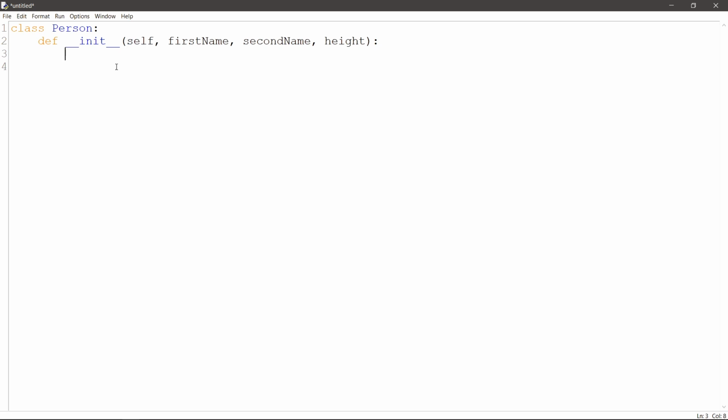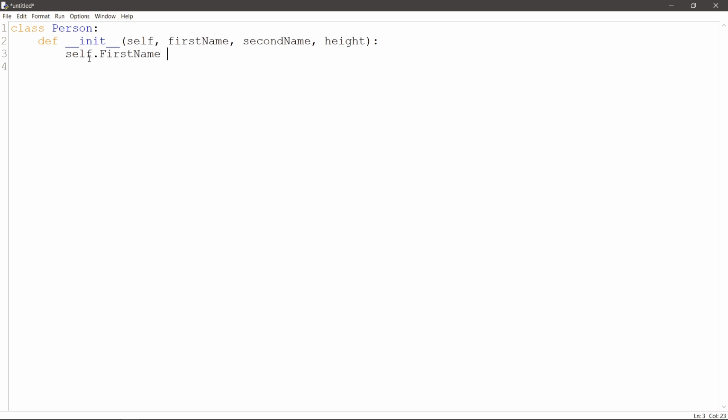Like I said, self references the variable that you have, and just like with your basic kind of data, you can actually assign data to the object, and the way you do that is you just say self dot